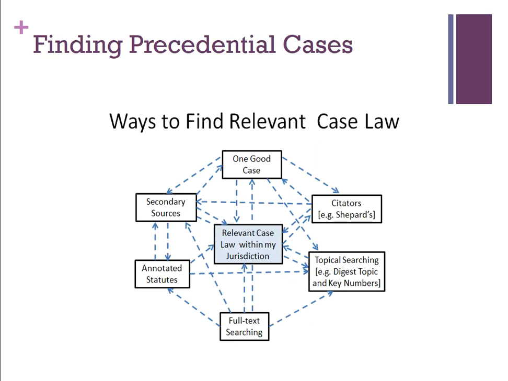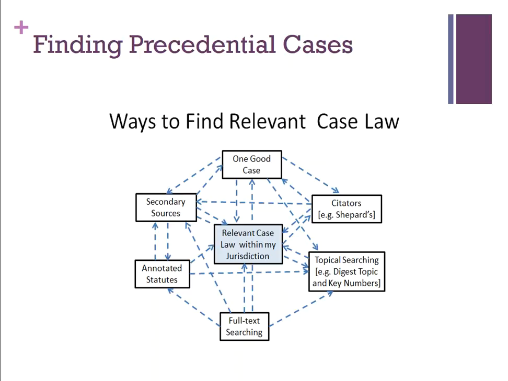There are many different ways to find relevant cases that might be on point for a particular legal issue. Oftentimes, researchers start with the method listed at the bottom, which is full-text searching, but there are other methods that are really powerful for finding precedential cases. Some of these methods might be pretty straightforward, like using a secondary source that contains references and citations to important